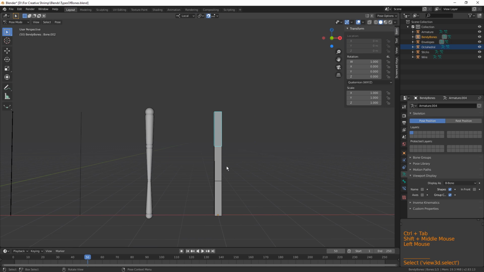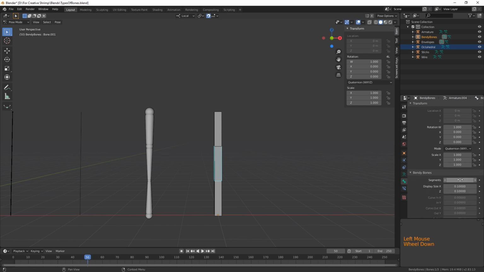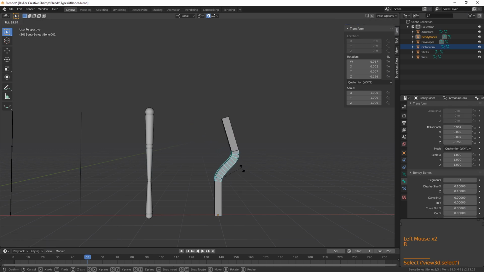Now, these are my favorite bones because they have an extra advantage that is only usable inside Blender, by the way. So if you export this to game engines and such, it's not going to work. But you can still use these, just don't subdivide the bones to create some extra fine bending. Now, to create those fine bendings, you go to the bone menu and simply open up the bendy bones, and you can add some segmentation to the bone, as you can see. Now, if I rotate the bone, you will notice that now I have a nice bend here. So it's very nice to add some things,